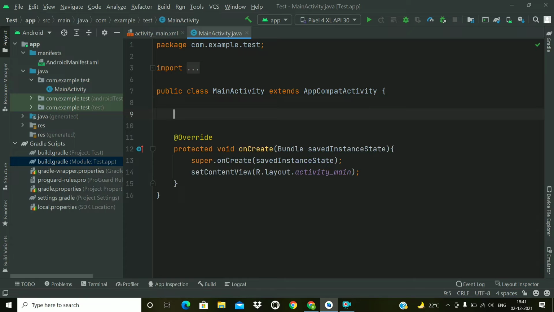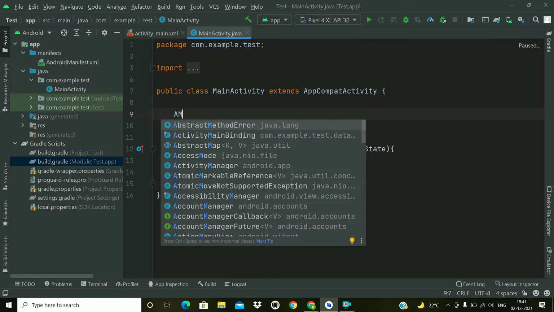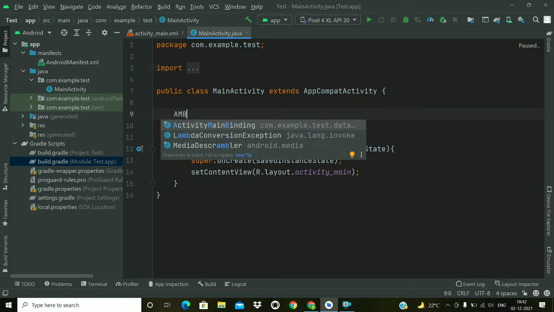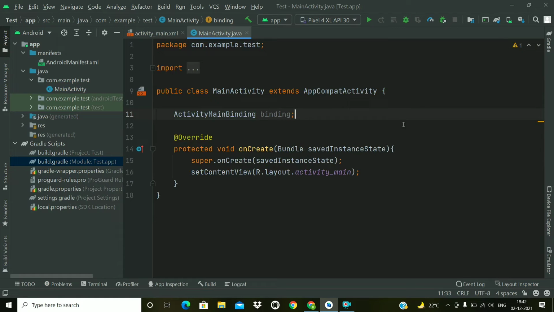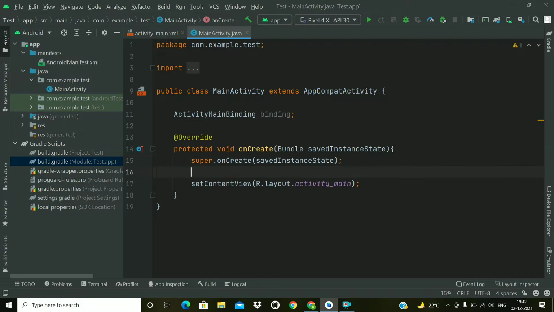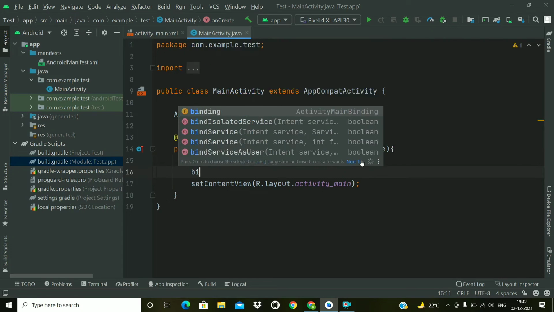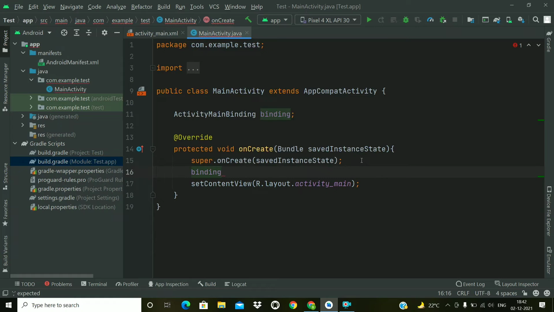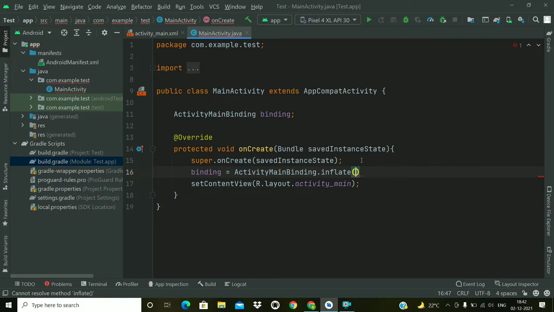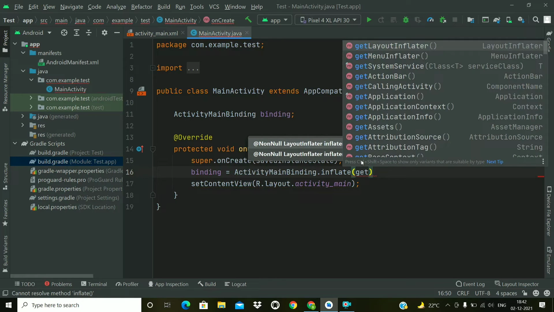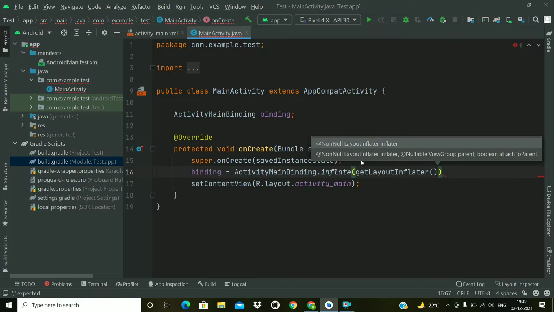The binding class name will be ActivityMainBinding. This is the binding class generated. Now I'll create a reference as binding. Now initialize this reference before the setContentView method. So ActivityMainBinding, and we will use the static method inflate to inflate our view, and we have to pass the layout inflater here. Just pass it.